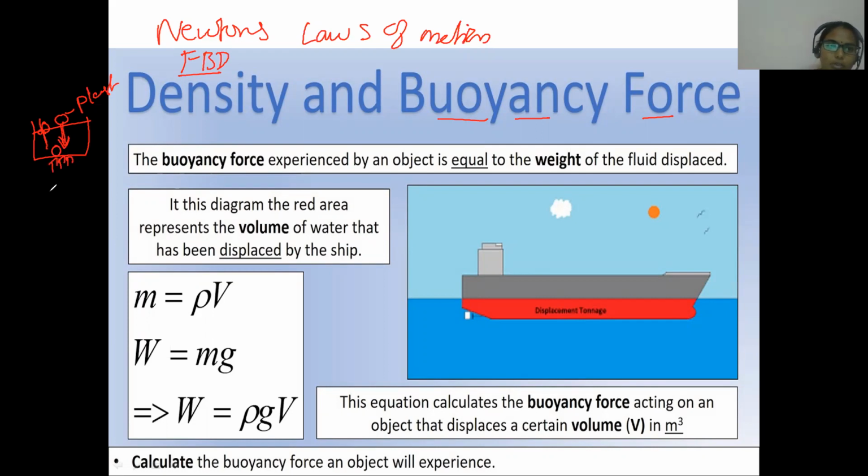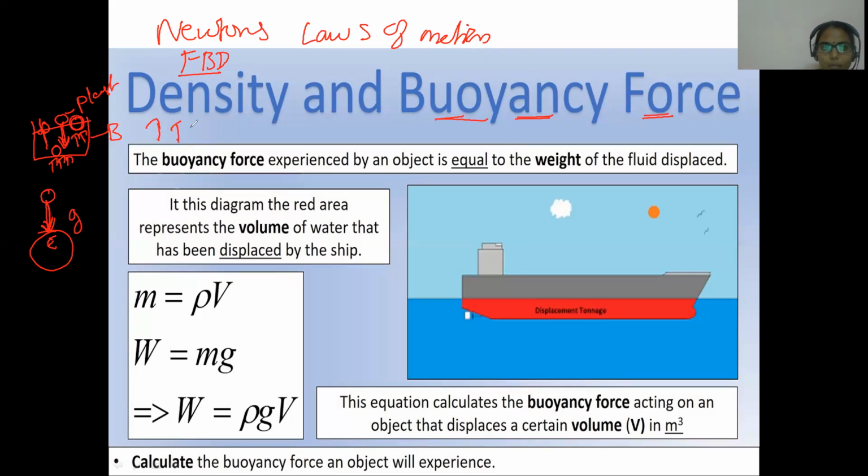Children, if we leave any object on the surface, it will go towards the center of the earth. That is because of gravity, all bodies go towards the center of the earth. But here, which force makes the body come up? The force against gravity, that is what we call buoyant force. Understood, children? The buoyant force is a force which acts inside a fluid on a body, and which will always